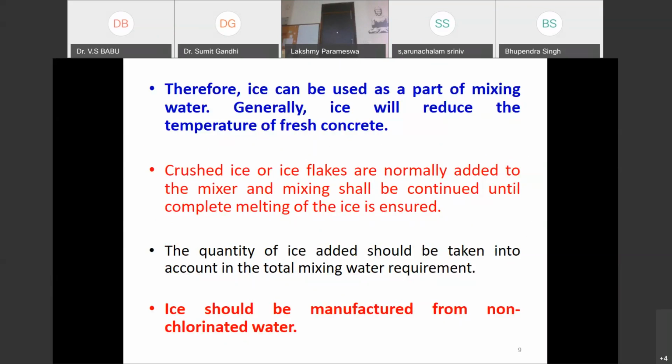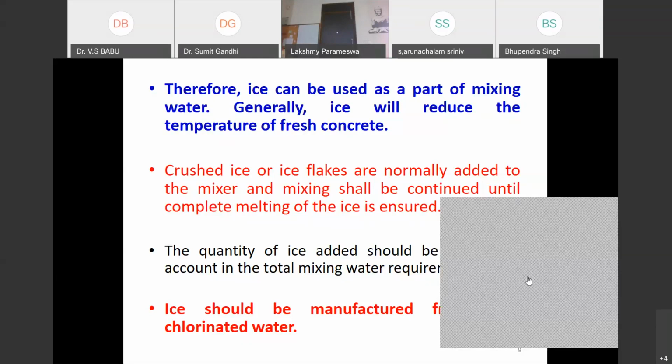The quantity of ice added should be taken into account in the total mixing water requirement. Ice should be manufactured from non-chlorinated water. This point is important. Ice should not be manufactured from the